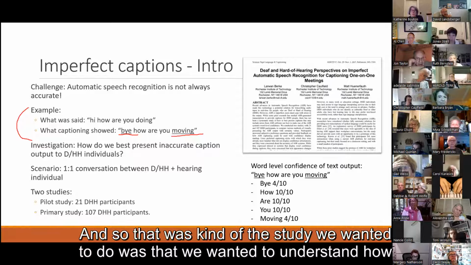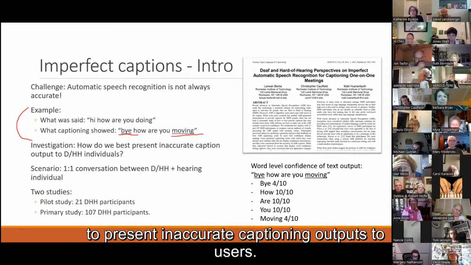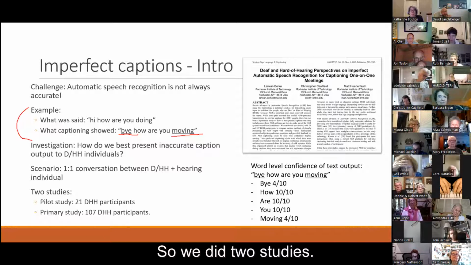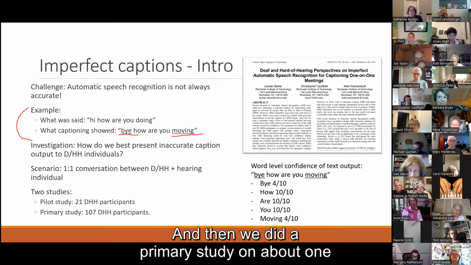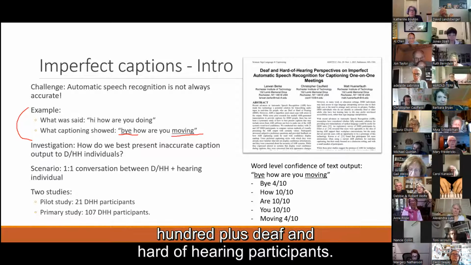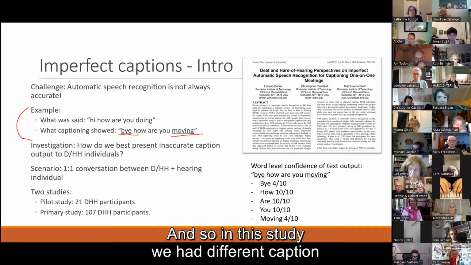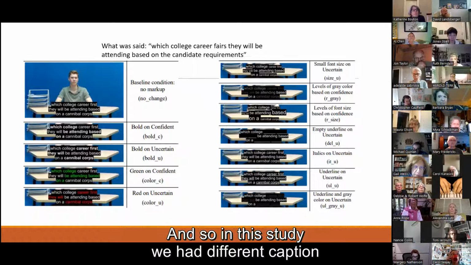That was the study we wanted to do: we wanted to understand how to present inaccurate captioning output to users. So we did 2 studies. We did a pilot study on 21 deaf and hard of hearing participants. And then we did a primary study on about 100 plus deaf and hard of hearing participants. And in this study, we had different